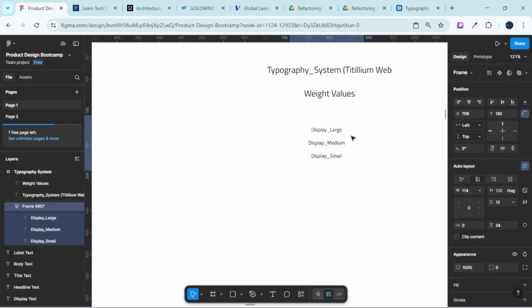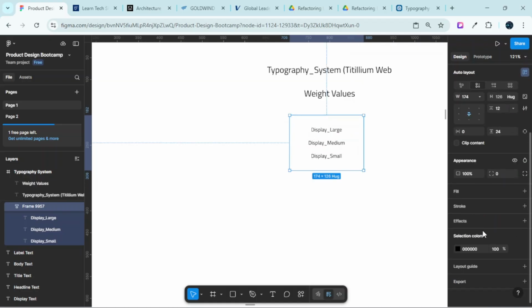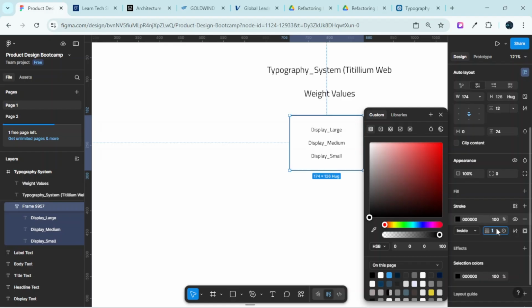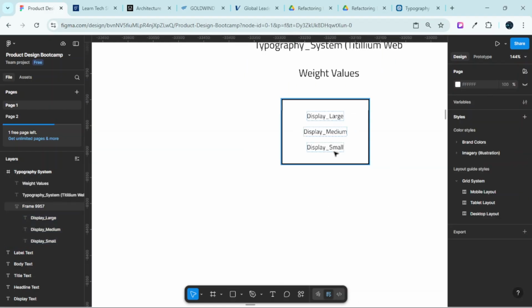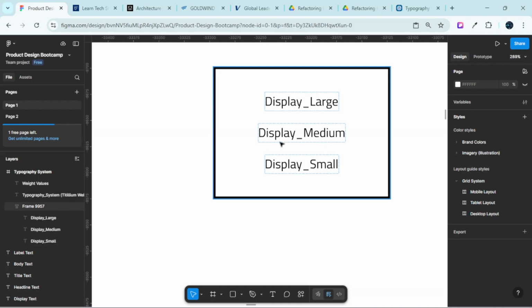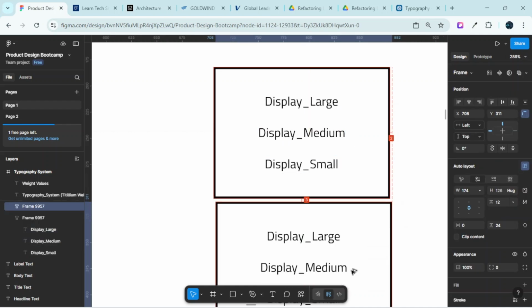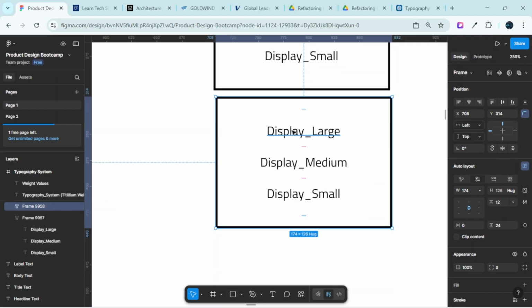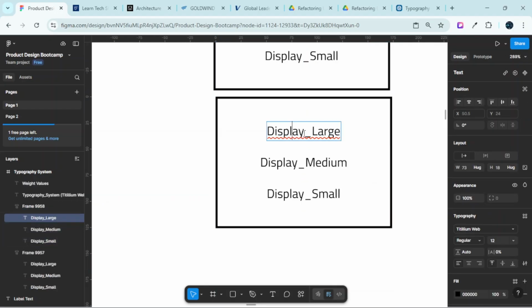So I'm going to hold this and I'll place it here. Let me give this an outline so we can clearly see it. I'll give this a stroke of 2. I have something like this, which is fine. So I have my display large, display medium, and display small. After that, I also have my headline text. So I'm going to be having, in this case, this